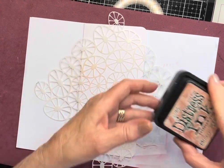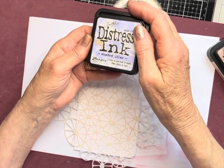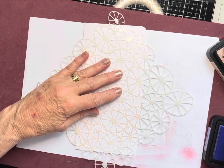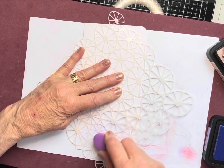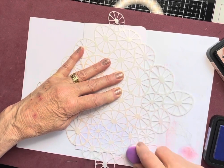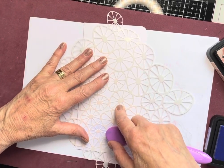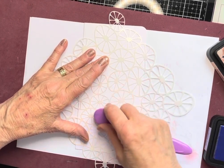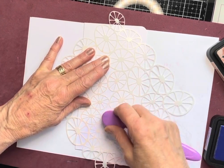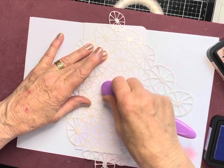Yeah, you can. And I'm using Tattered Rose Distress Ink along with Shaded Lilac Distress Ink. Starting off with the Shaded Lilac and a makeup brush. This is not a very wet pad, but it's still quite a strong colour, so I'm doing a circular motion and going right across the bottom of my card, holding the stencil tightly. It is moving, but it won't come off. Right, and then I'm going up in the middle. So right along the bottom, left to right, along each side as well, but then keeping the brush just in the middle as I'm going up the card to about three quarters of the way,